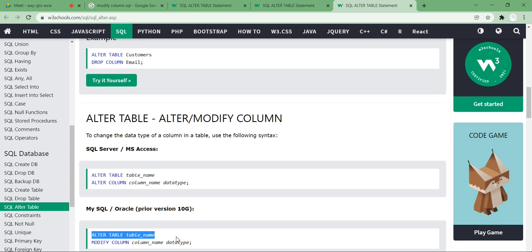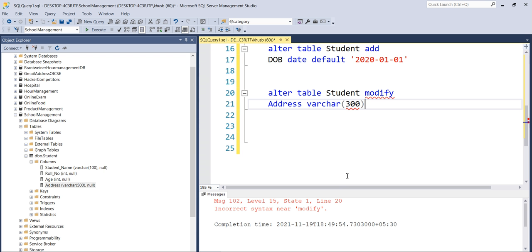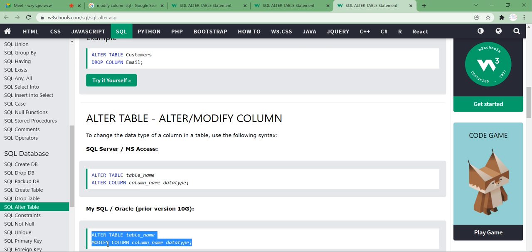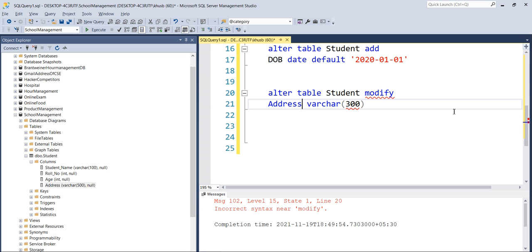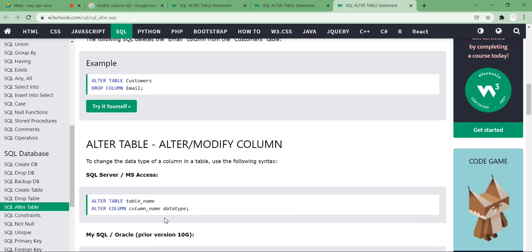Okay, so this one, alter table name, and we need to specify this keyword here. What I want to change, I want to modify the column, right? So I need to specify column here as well. Now again it is showing me the same error.